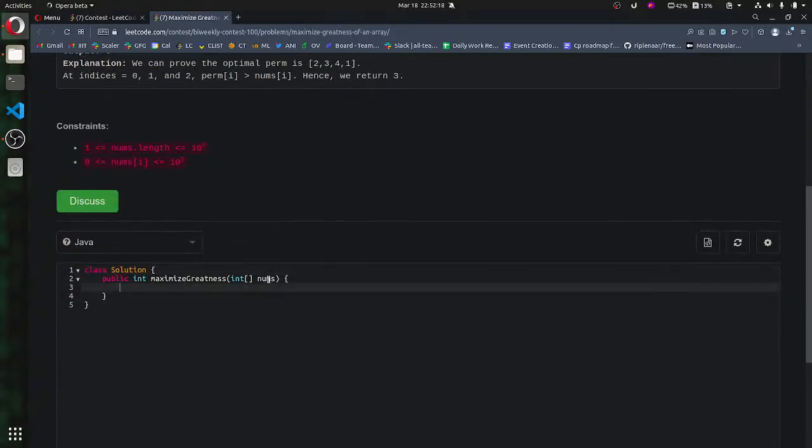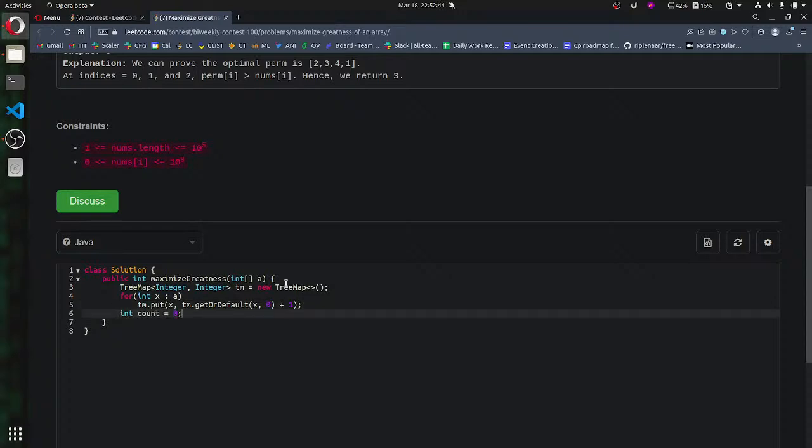Okay, so it seems to be a kind of easy problem based on tree maps. Say we have Integer, say tm, new TreeMap, and let's say we put all the values. That will be in tm.getOrDefault(x, 0) plus 1,